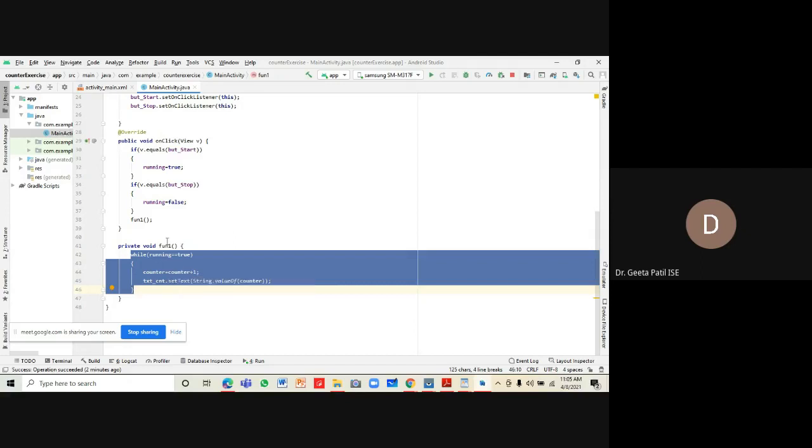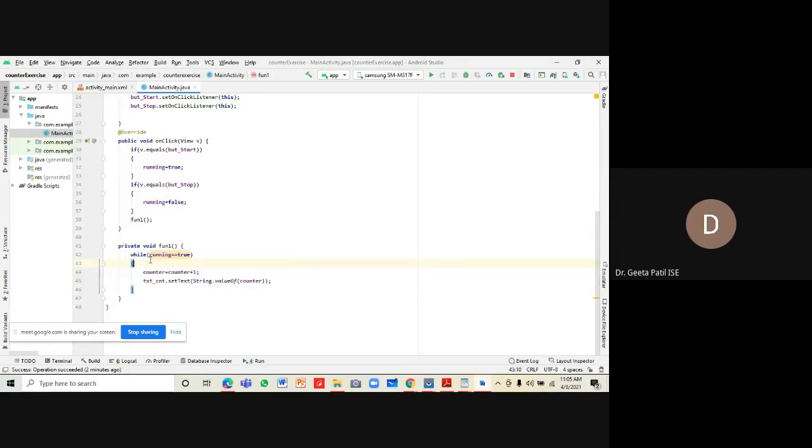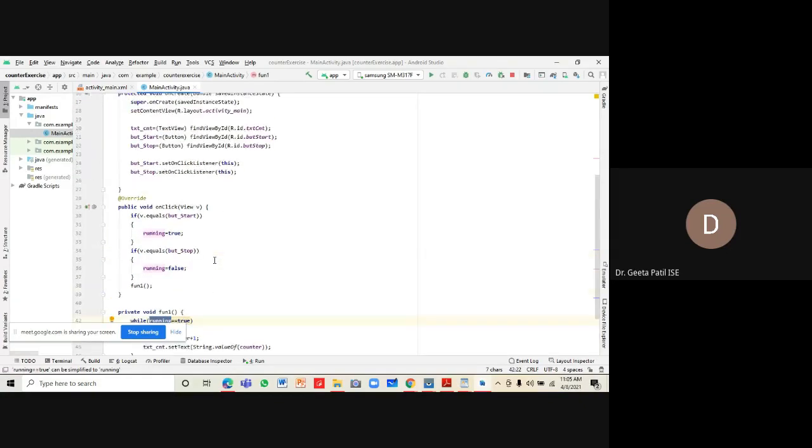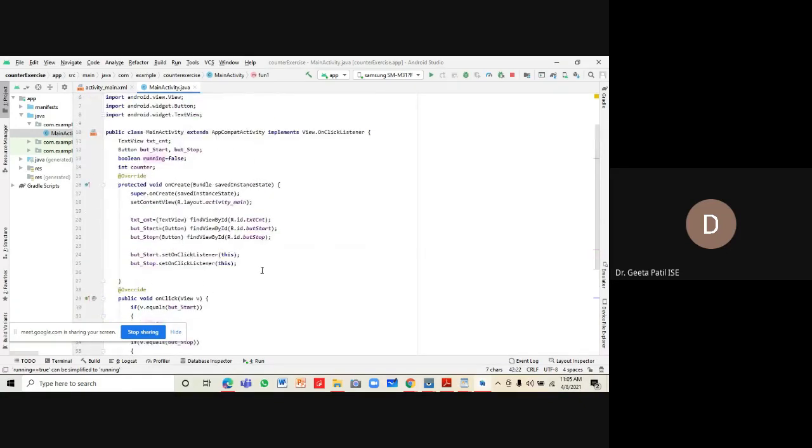Control is given to the fun1 method. When will the control go back? Only when your condition is false. And in your main UI thread, we have the other button, the stop button, but the control will never come back to listen to what is happening on other views of your application.